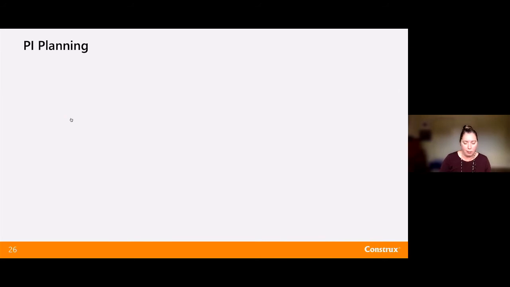So PI planning, one of the big events, some people will talk about this as big room planning, same basic concept underneath it. It's a multi-day event where we're going to create plans and goals for our upcoming PI. So if we're planning 10 weeks worth of work across 15 teams, that's a lot of teams to bring together and align. And that's what this is about. This is about collaboration, about alignment, about building a plan of attack that everybody on the train thinks we're going to be able to successfully deliver in the upcoming program increment.